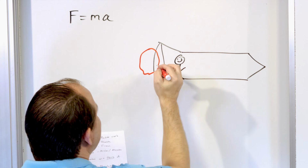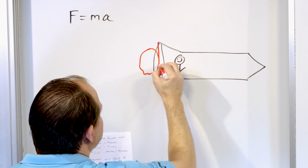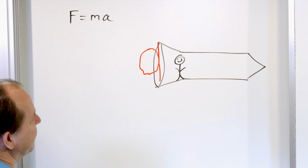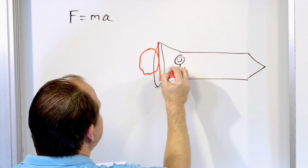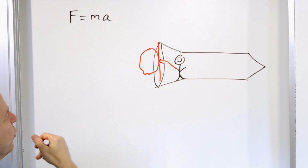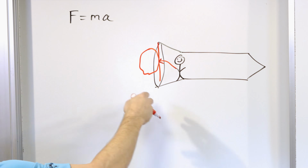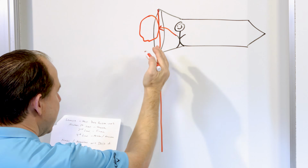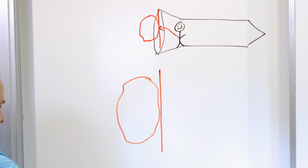out the back end. Now, this rocket is a weird, complex shape, but you can still imagine it being maybe a flat plate that it's up against, and it's kind of like pushing off of a flat plate. Or maybe they're emerging from a flat plate, or maybe his hand is going over there and pushing them at this position or whatever. But anyway, once the first one flies out, he grabs another one, and then another one, and another one. And if you draw a very large picture of this, like if you put the end of the rocket here, and the exhaust particle right there,